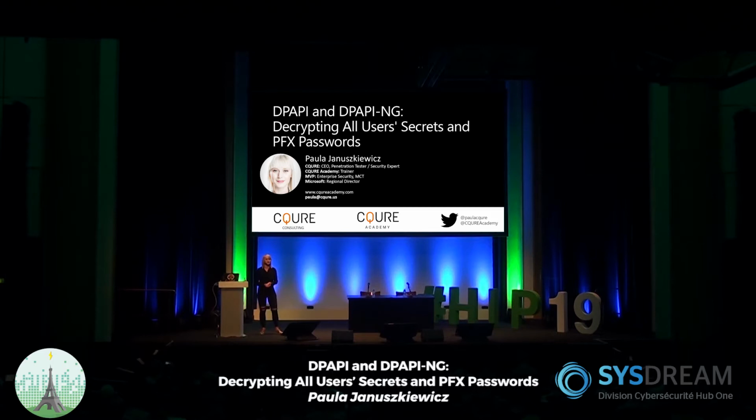Now, just a couple of words, yes? Today's presentation is going to be fun. One of the most difficult subjects in cybersecurity, I would say, which is the Data Protection API and Data Protection API-NG. These are different ways the operating system protects our information. I personally believe this is a subject that each of us working in cybersecurity should know at least well, because this is how our data is protected in the operating system. So that's what we're going to be talking about. Difficult subject, but absolutely important.